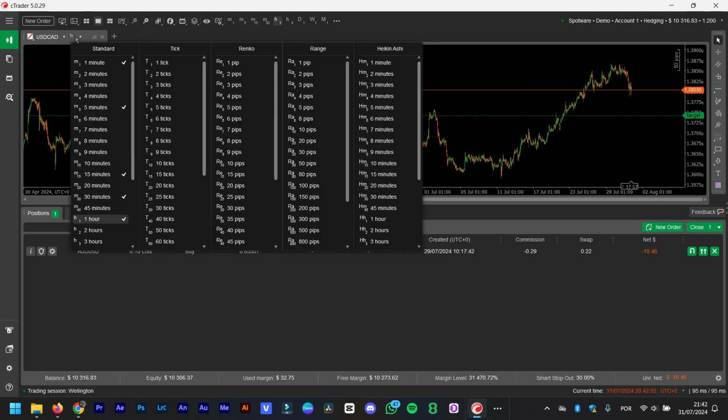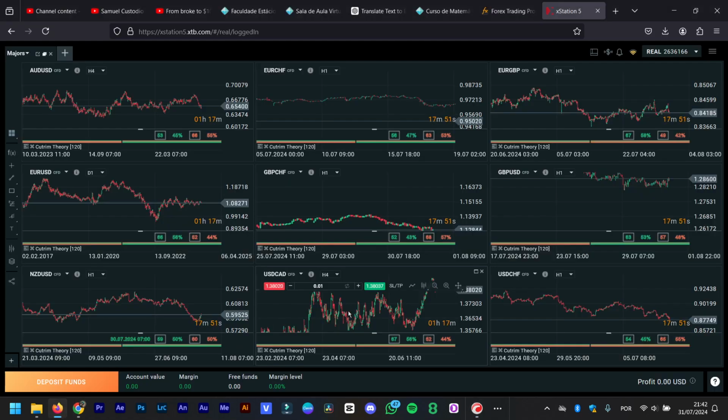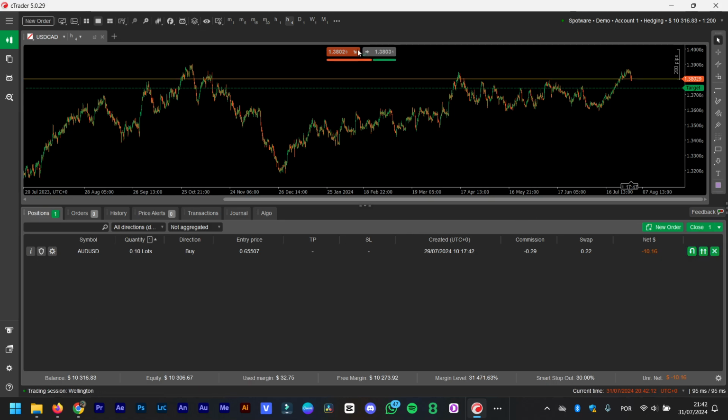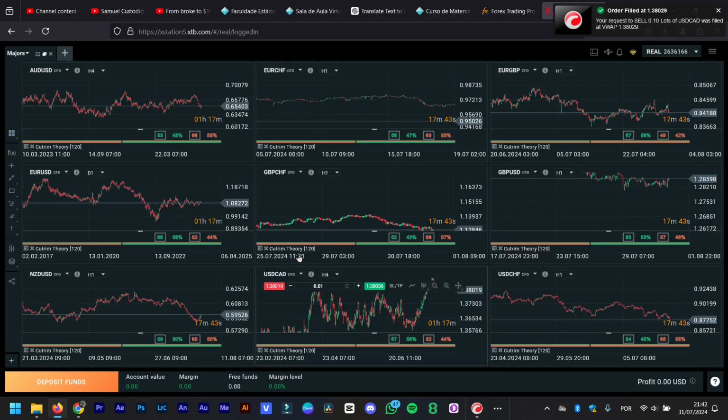This one's H4, right? As you can see, you have 4 hours. That's the chart, same chart as this one. USD CAD, and now you sell it. We're going to sell 0.10, okay? So that's the first one. And now the second one will be